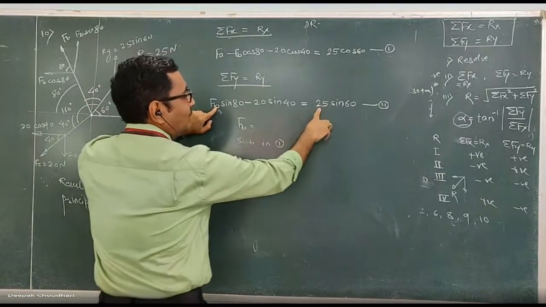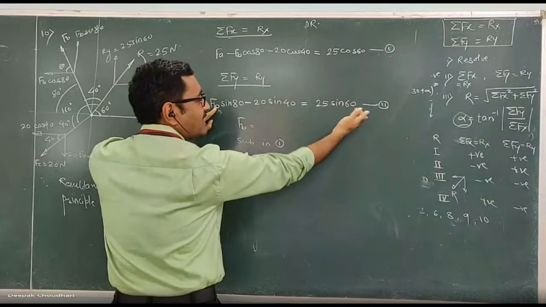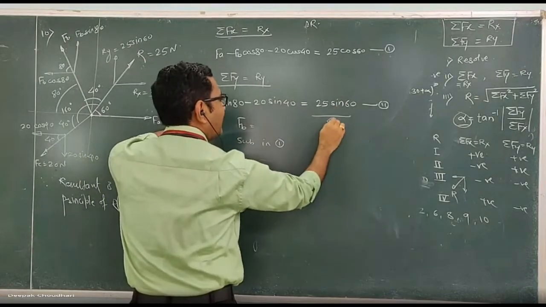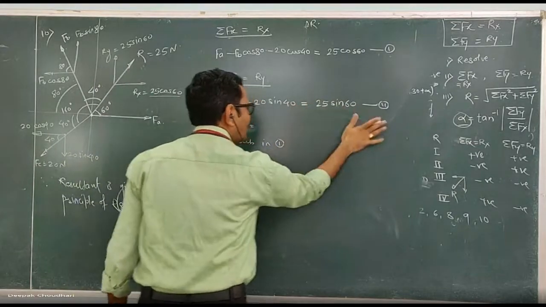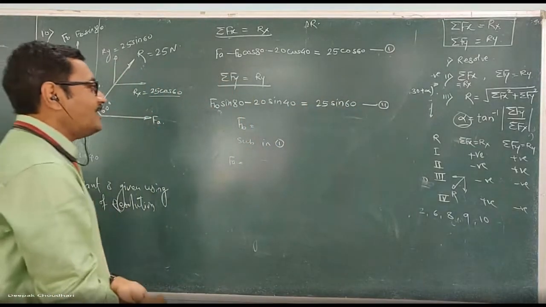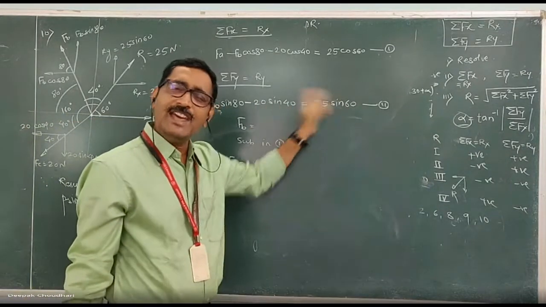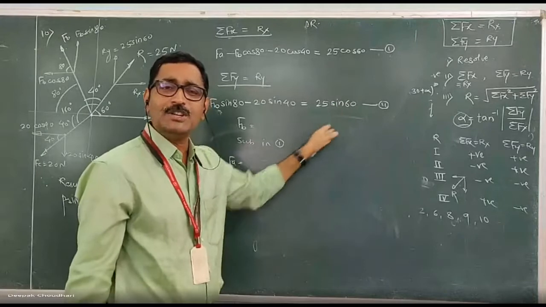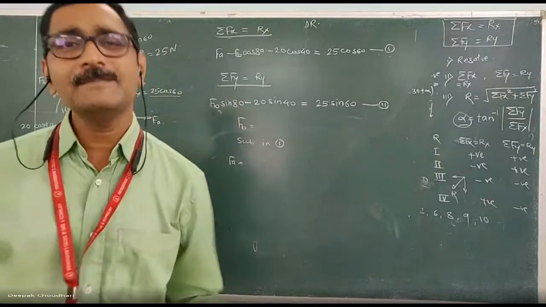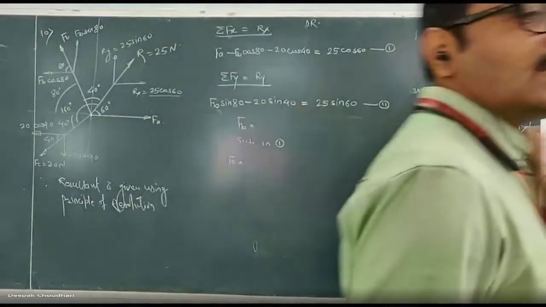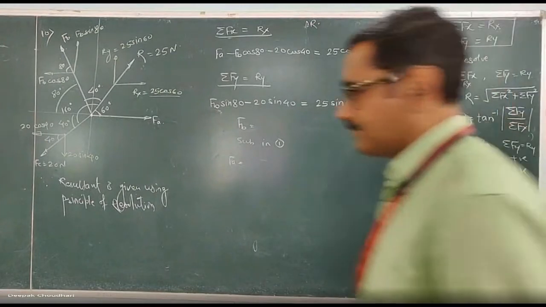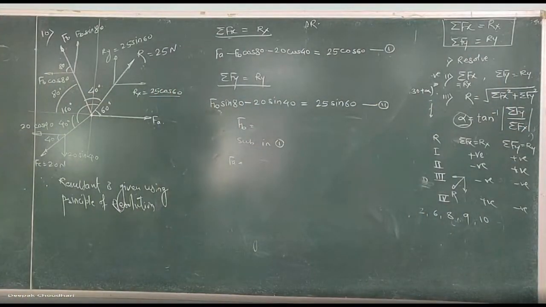Here आप Fb लिख सकते हैं 25 sin 60 plus 20 sin 40, ये उधर जाएगा तो प्लस हो जाएगा. जो आंसर आएगा उसको divided by sin 80 करो, आपको Fb मिल जाएगा. Like that also you can do directly on your calculator. Or just now in the morning lecture I told you that when one equation and one unknown is there, directly you solve function. ऐसा का ऐसा ही टाइप करो, shift solve 0 equal, next step में आपको Fb मिल जाएगा. So use solve function and tell me the value of Fb. I will suggest even if such a simple question is there, try to use the solve function. फटाफट कैलकुलेशन होगा आपका. Here sign change का भी जरूरत नहीं है.